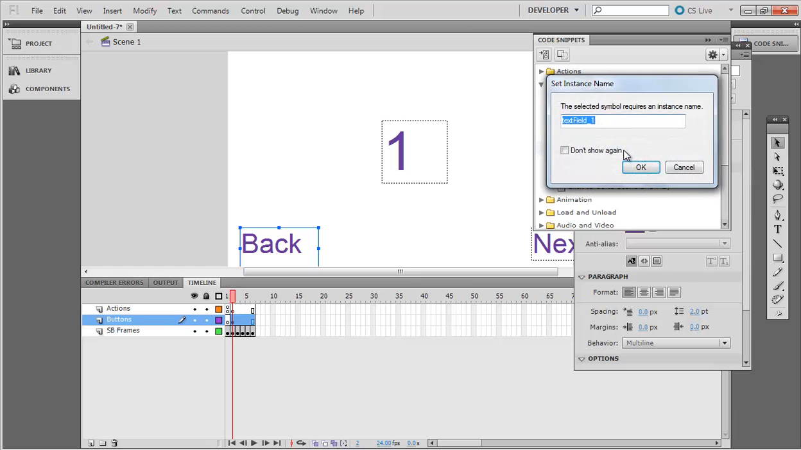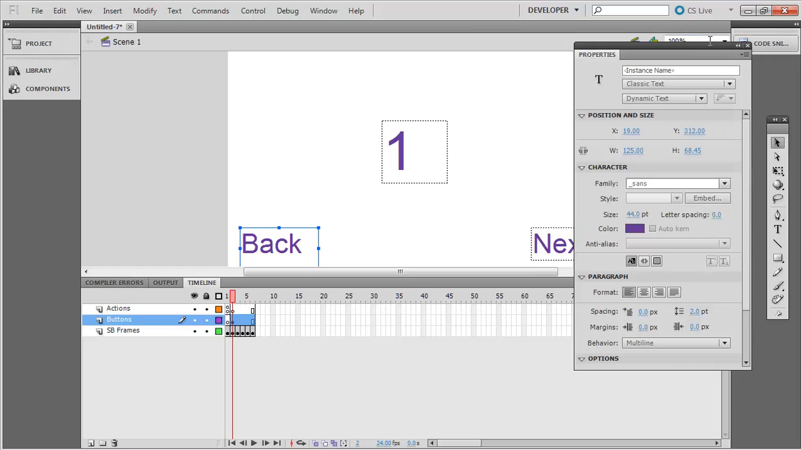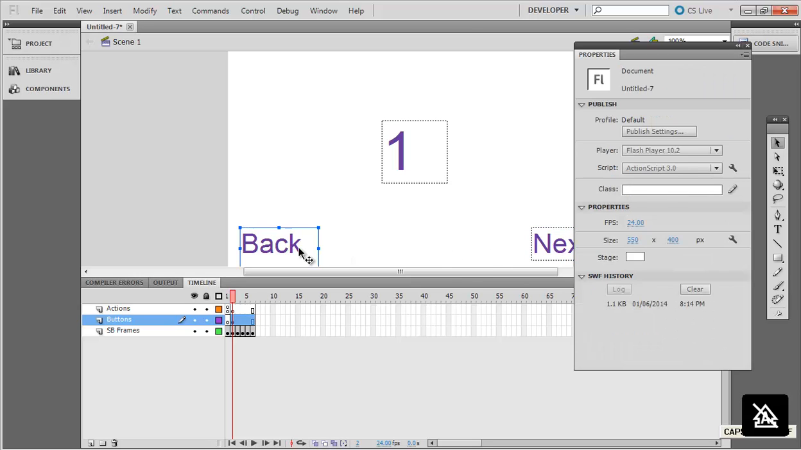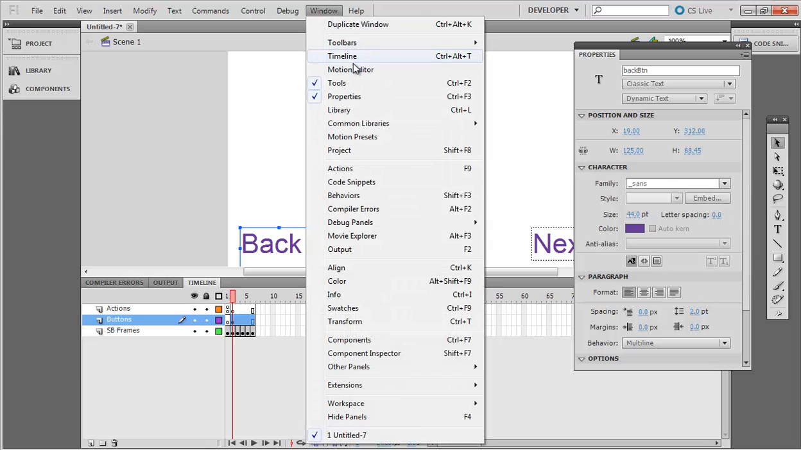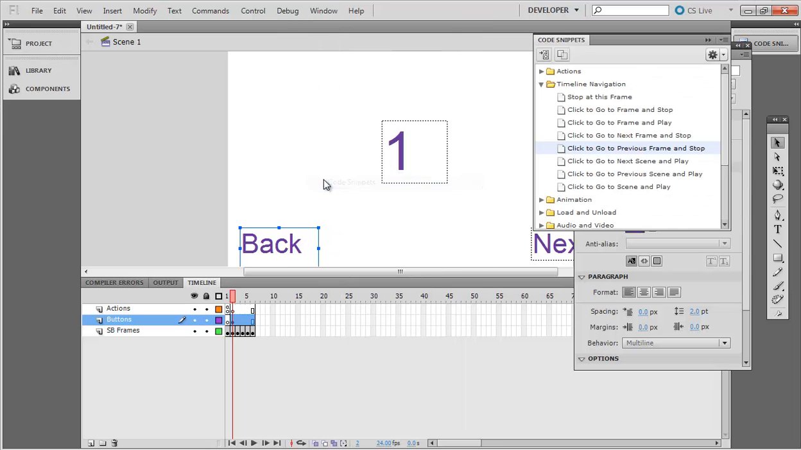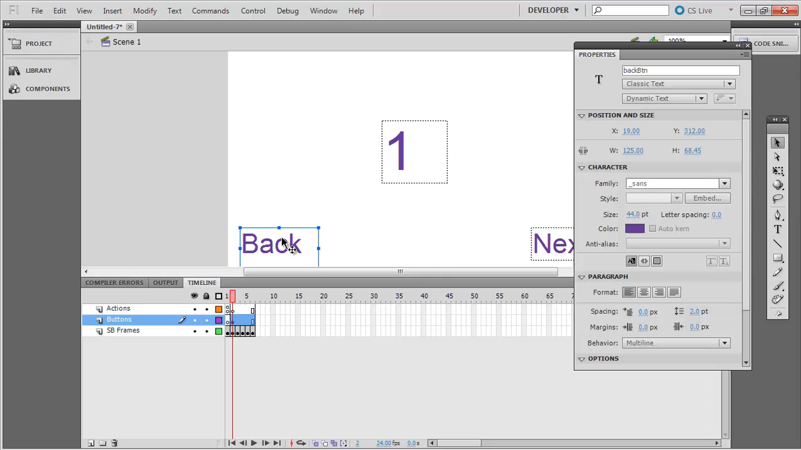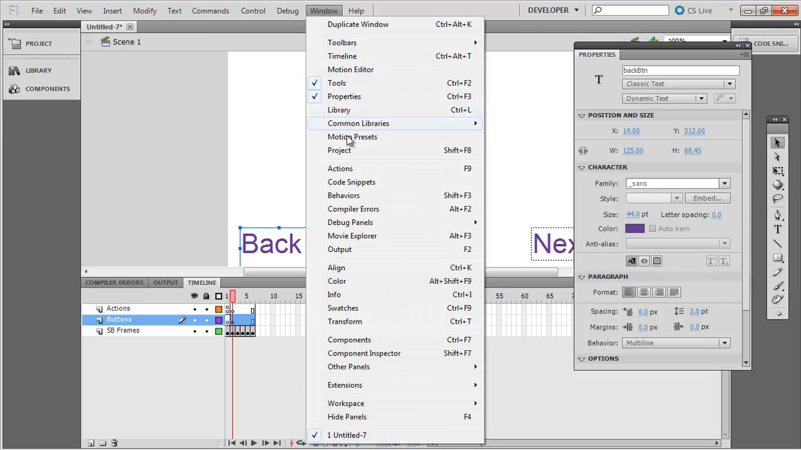So I double click this. Okay, now remember one thing, I need to give names for all of these buttons, which I haven't done up till now. Let's give it a name. This is back BTN, representing button, and this is next BTN, which also means button. So now let's go back to the code snippets window, code snippets. Make sure you have clicked over here first, and then only you go to the code snippets